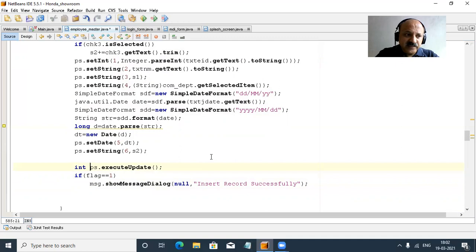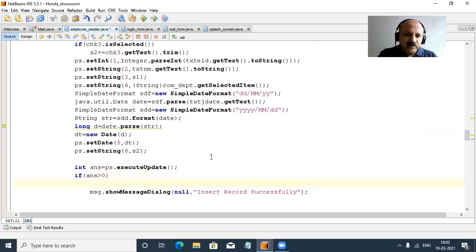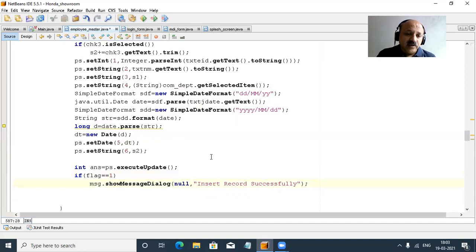And if we can say that flag one, here we can also take one handler. That is a return as an answer, an integer data type. So I first give the answer is greater than 0, and then we can say the flag variable. So both in update, that is better, we can use only the flag variable. So flag equal to 1 is insert record successfully, and flag is 2, so we can say update record is successful. And in the else part you can also apply the error in the insert record.